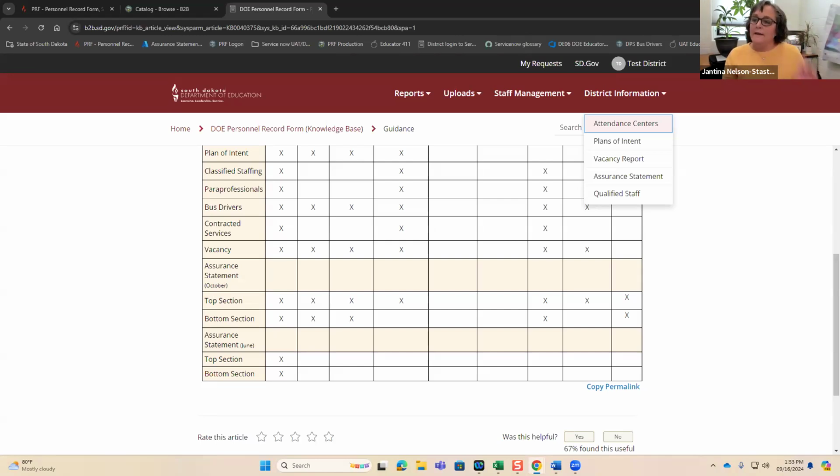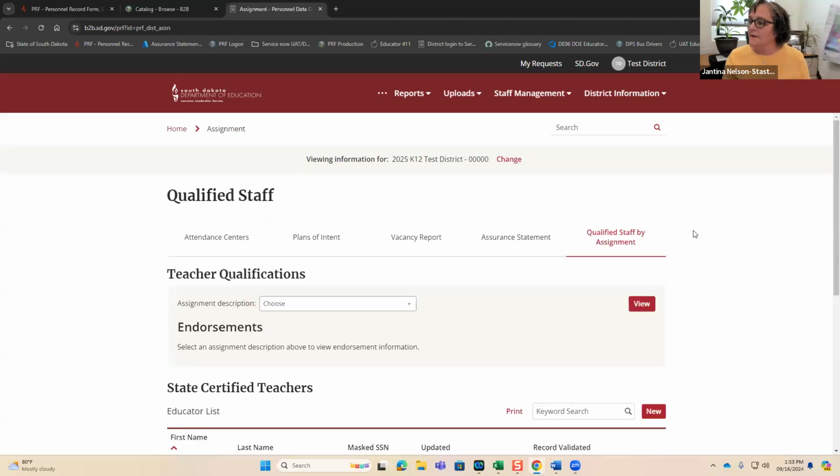So step one, we want to go over the qualified staff. This is just a tool you can use to determine what endorsements are needed to teach a class. And then you can also, if you have turnover, use it to see which of your staff are qualified to teach the class.